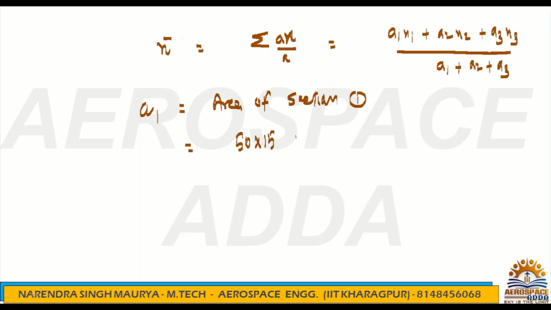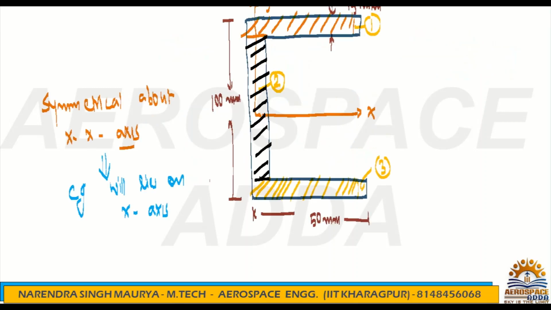50 into 15, which is nothing but 750 mm square. What is the x1? X1 is nothing but the CG location. We can take individual value, and if you check how to get the CG, already I have told you for this particular section, you meet the diagonal. So diagonal will meet something like this. So the total distance is nothing but,